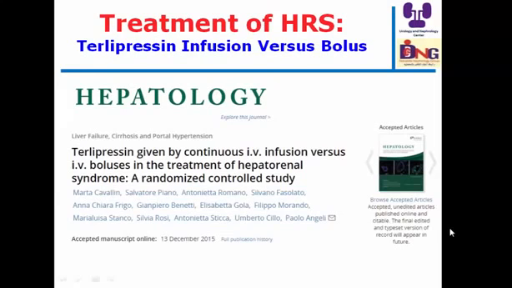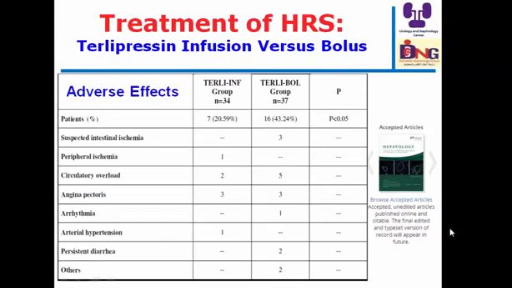Regarding terlipressin, is there a difference between intravenous infusion and IV boluses? One of the advantages of terlipressin over the first one in this group, ornipressin, is that ornipressin should be given by intravenous infusion, but terlipressin can be given as boluses. But this study is an accepted article that showed that giving terlipressin at the same dose by intravenous infusion per day is as effective as boluses and safer, because the side effects in the infusion group are significantly lower than in the bolus group,